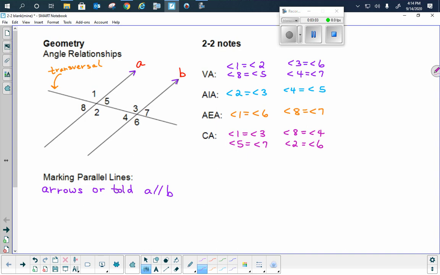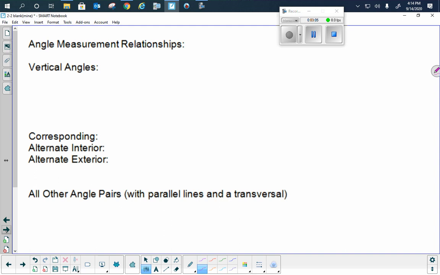Okay. All right, then angle measurement relationships. This should be pretty quick. It's just seeing if you remember what went on yesterday. So remember, vertical angles are always, sometimes, never. That's what we're looking for. Those kinds of things. Vertical angles are always equal. And what's that other word for equal? We've got to know that word, congruent. Okay, always equal or congruent. Versus corresponding, alternate interior and alternate exterior angles are congruent